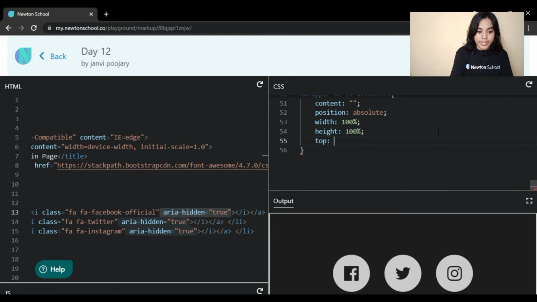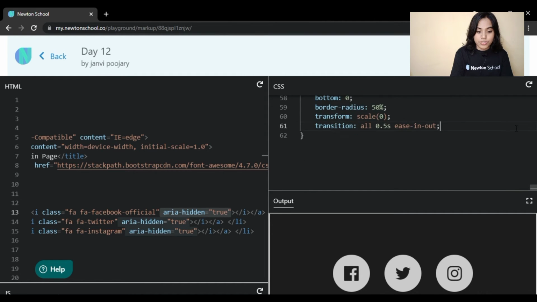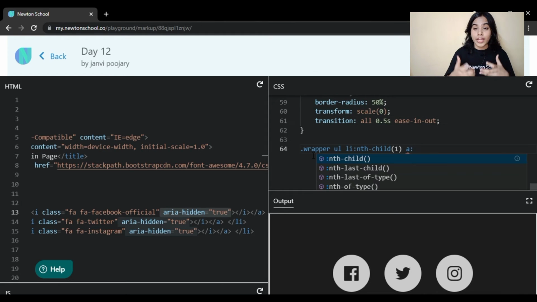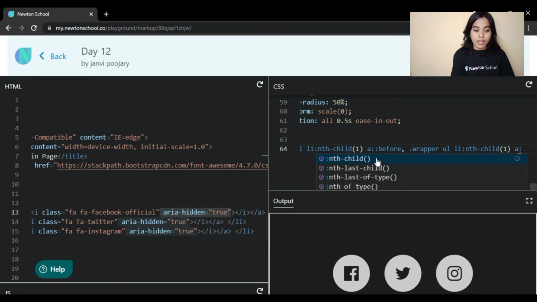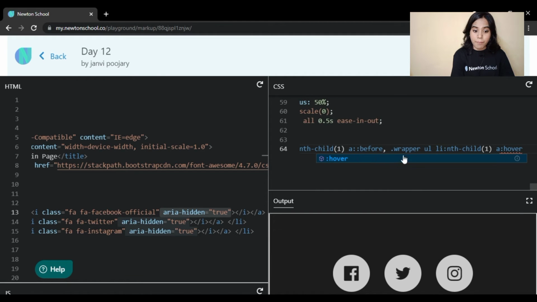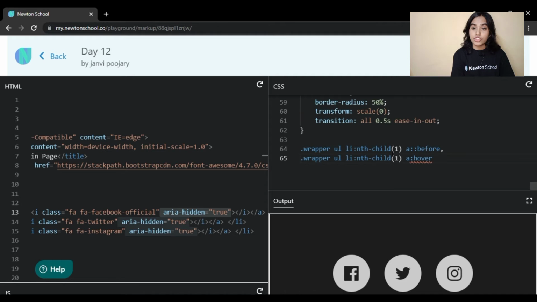Here now again we will target all the children and give them their own color. Facebook has its own kind of blue color, like dark blue, and Twitter has one light blue shade, right? So to give them that particular color, we want to target all the children differently. For that reason we will say nth child, and whenever somebody hovers on it, the color should change.